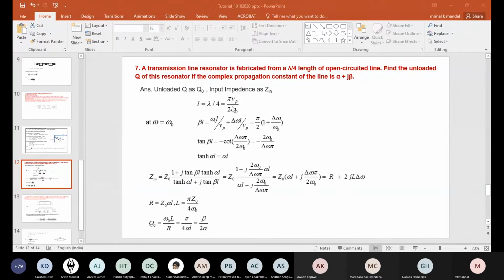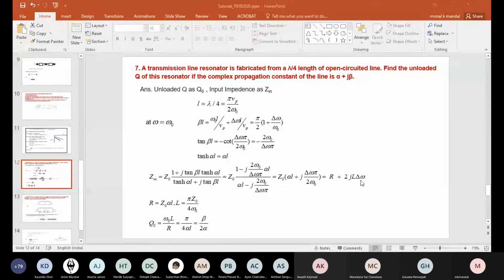Now we are expressing in terms of omega naught. Just like circuit theory, we will be representing del by delta omega. Then beta L is omega L by Vp plus that delta omega, as I said, circuit theory concept. Well, after that it is straightforward. So you need to just put the value and find what is the change in input impedance, and this is